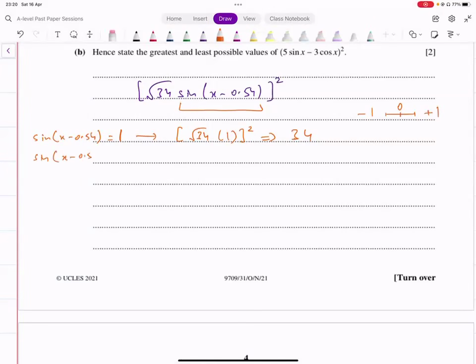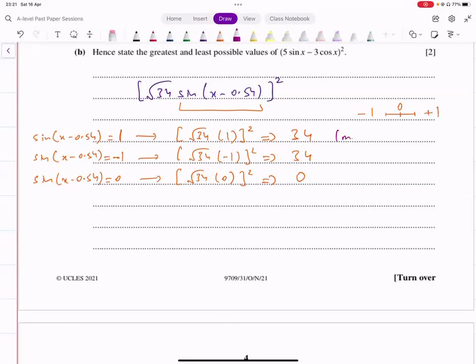यानी जब साइन जो है वो 1 होगा तो आपके पास ये पूरा एक्सप्रेशन 34 के इक्वल होएगा। फिर आप क्या करोगे, स्क्वायर वाले केस के अंदर इट्स नॉट नेसेसरी, क्योंकि हमेशा ये सेम ही आएगा, बट इफ यू आर जस्ट गोइंग टू यूज द स्टैंडर्ड मेथड, आप इसको भी चेक कर लो। -1 आप इनपुट करके देखो, स्क्वायर रूट ऑफ 34 into -1, ये भी आप करोगे, यू विल गेट 34 फ्रॉम दैट। एक वैल्यू तो हमारे पास 34 आ रही है। ठीक है, अब दूसरी वैल्यू आपको मिलेगी जब आप इसको 0 के इक्वल कर दोगे। ठीक है, what is that going to give you, square root of 34 into 0 whole square and that gives you 0।